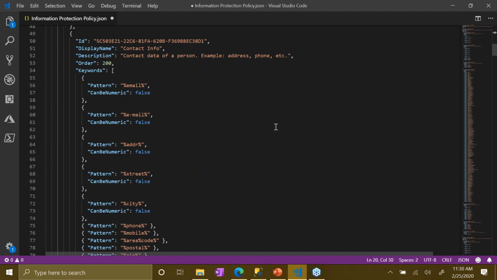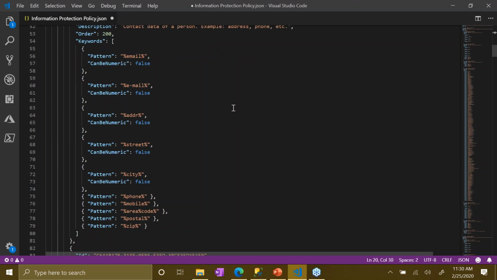So let's start looking at the patterns. Now keep in mind, it is actually looking at the pattern for the column name. So you can see here that we're looking for email, e-mail, anything with ADDR in it, street, city, phone, mobile, area code, postal, and zip. Now at this point, if you are someone who lives in Germany, for instance, or you have German data, potentially German field names, this will not go very well for you.